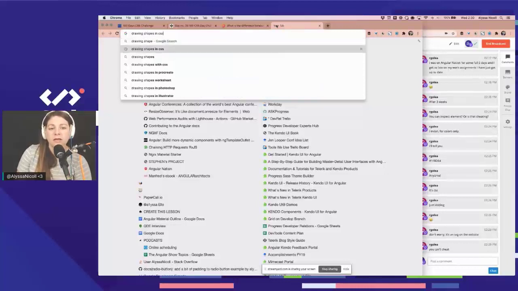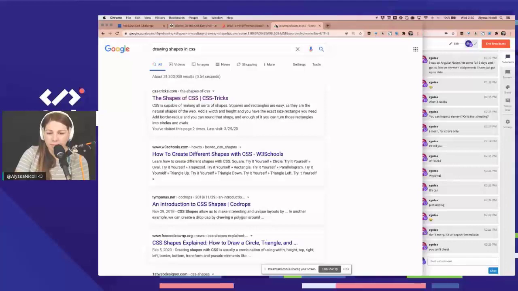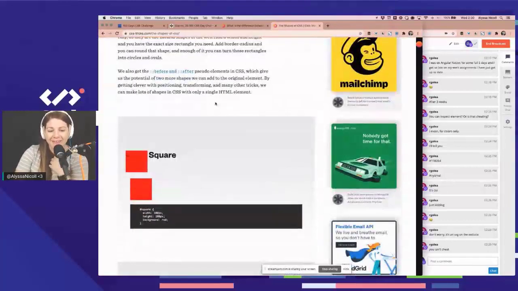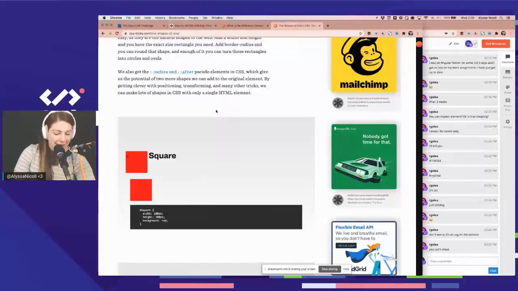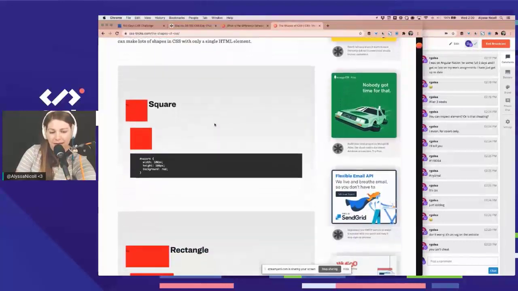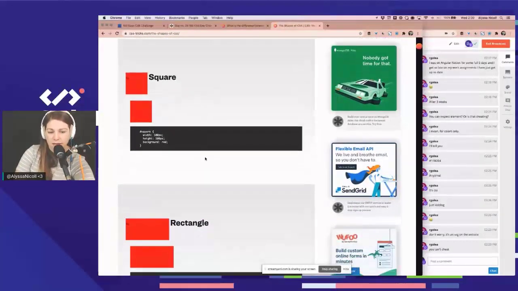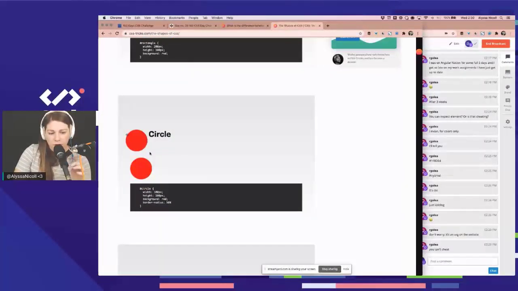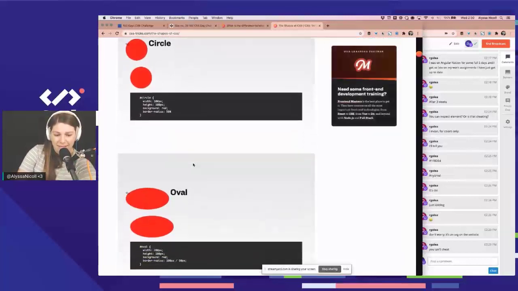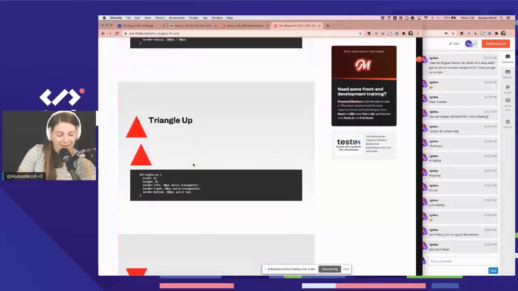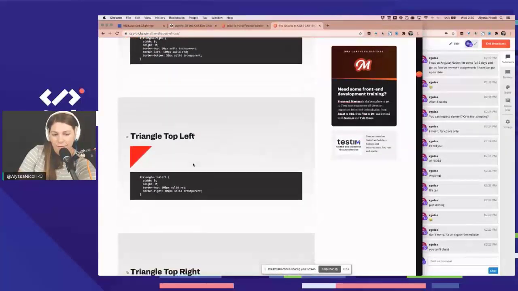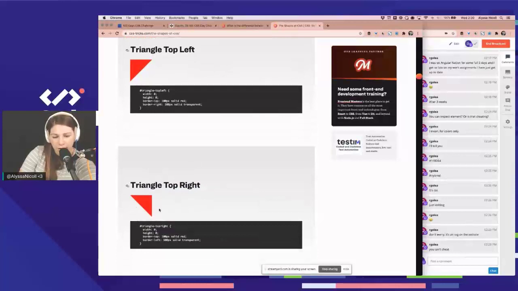Drawing shapes, CSS. CSS Tricks is like my jam, and they have this one article called "The Shapes of CSS." If you've never seen it, it just makes me happy. Obviously, you're like, hey, a square, just a div, but same with a rectangle, circle. Okay, we're getting fancy with border radius, but then it gets cool. We go oval, triangle, and you keep going, and they have pulled in the triangle right and triangle left,